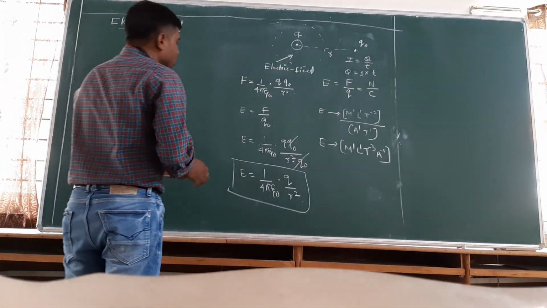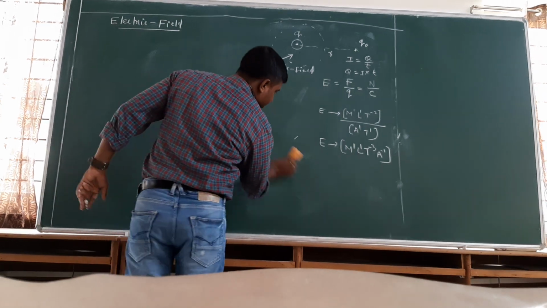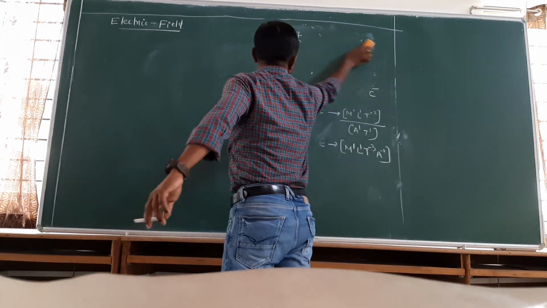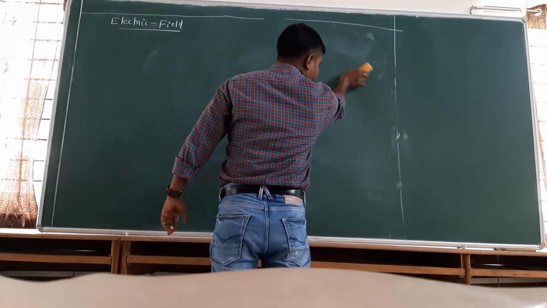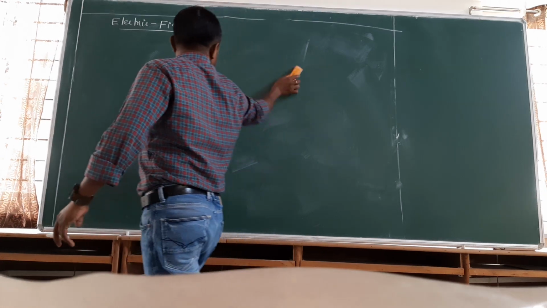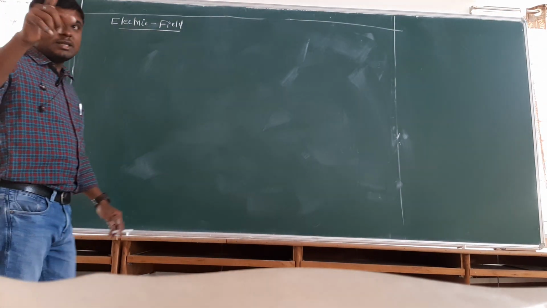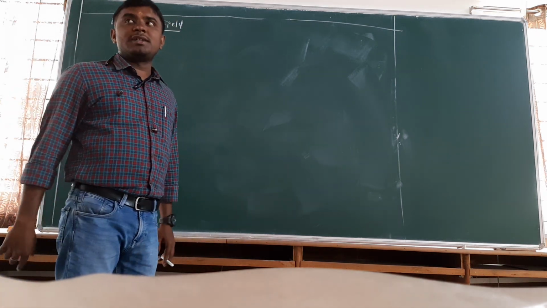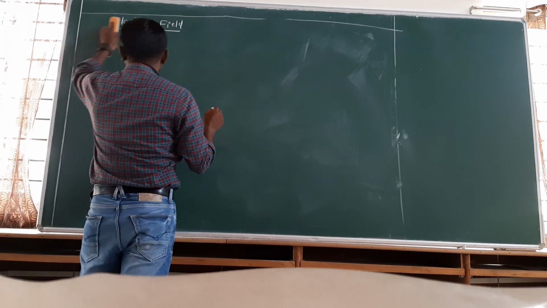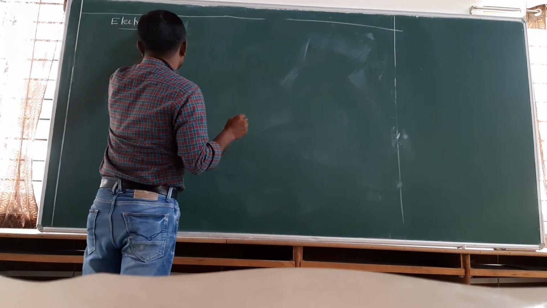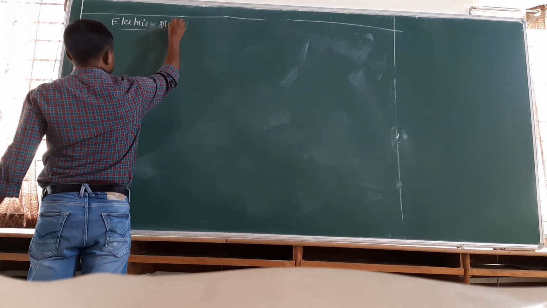First is electric dipole. What is electric dipole? This was the electric field due to a point charge. Now we'll see electric dipole. So simply, if somebody asks me what is electric dipole, then what should I say? Sir, electric dipole is a system of two equal and opposite charges. Let us take that I have two charges. One charge is say plus Q, and another is minus Q. So this is electric dipole.